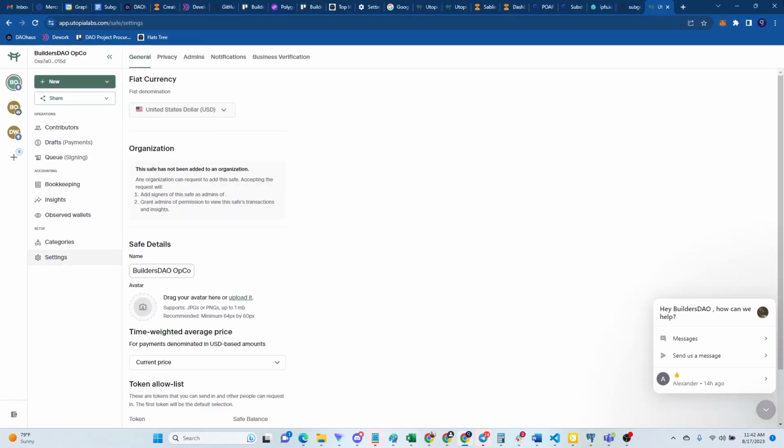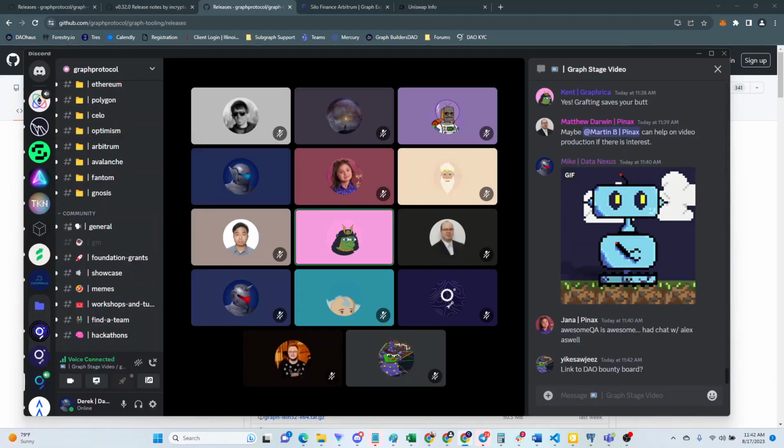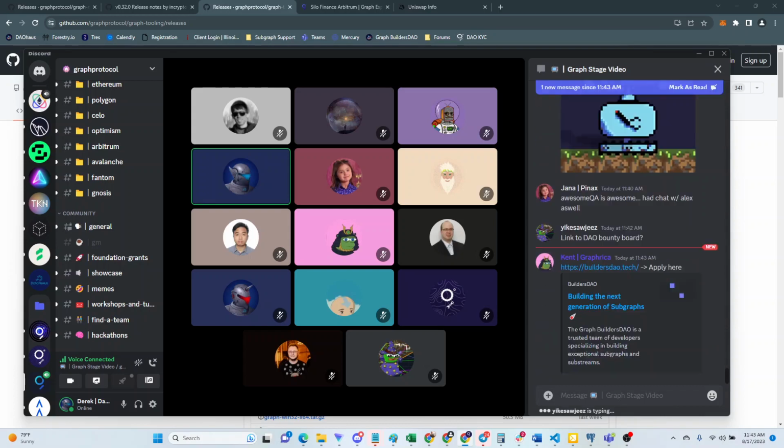Is the DAO bounty board public, or is it only for builders members? I think it is private. The only reason we don't necessarily make it public is that sometimes you have projects that are working on new contracts or new things that they don't necessarily want to make public, and so posting it on our bounty pages just gets a little bit